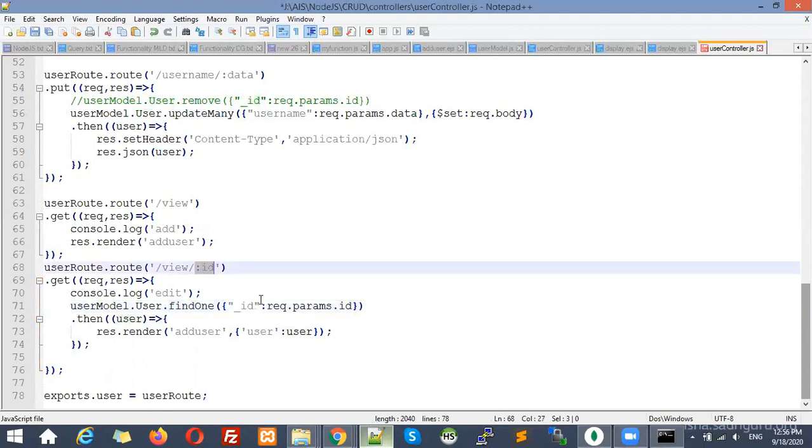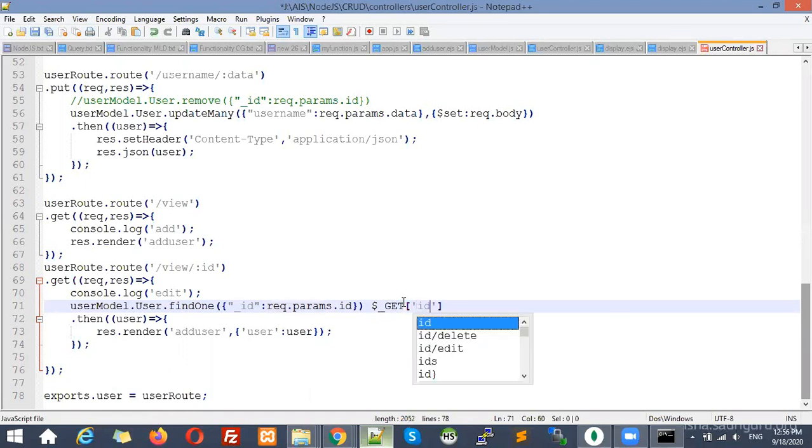It is referred to as request.params and then the name of this one. What is the name we have given? ID. If we had given, for example, userID, here you would need to write userID. Whatever name after the colon we have given, we can access it using request.params. It is accessing a parameter. In PHP, you use something like $_GET, and whatever parameter you have passed, you get it. Here you can use ID, something like this. So here, how can you get it?